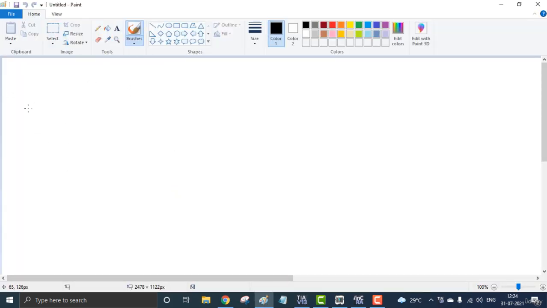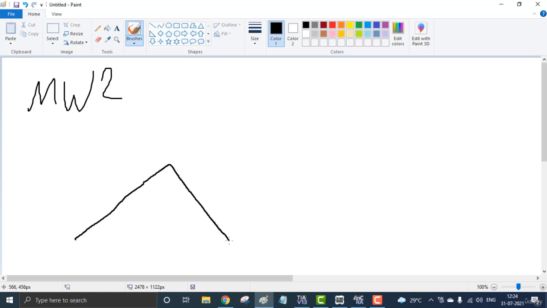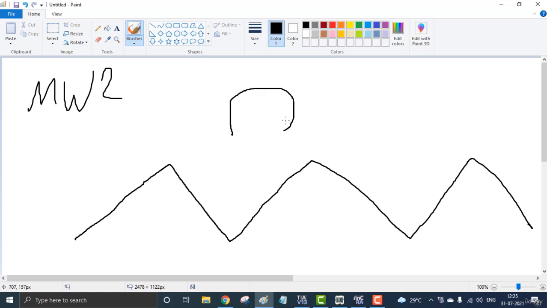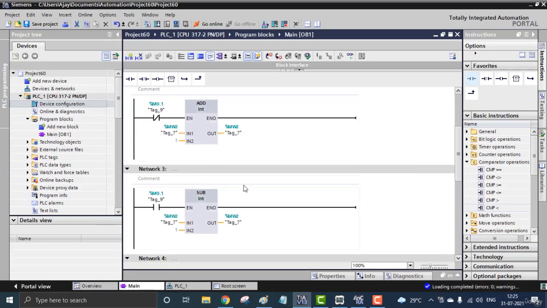So this is the MW2 memory, and it goes from 0 to some value, and again down. See, this is a triangular waveform, or like a meter that goes clockwise and anti-clockwise. Okay, so whatever, I'm not going through how it is working.